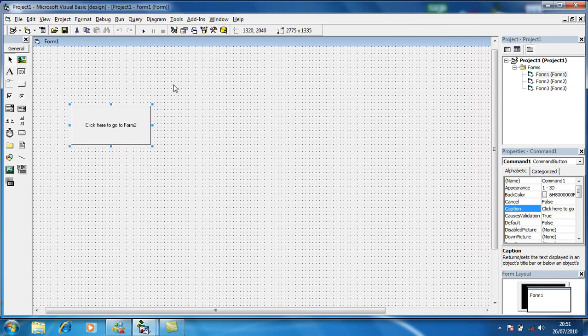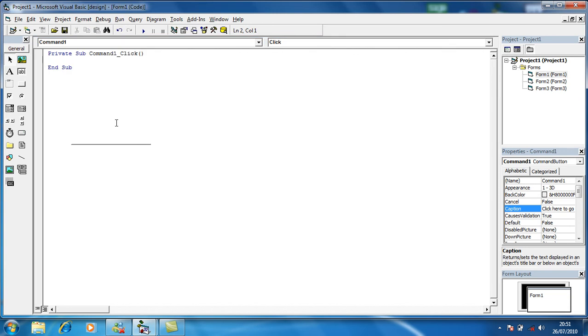So the idea behind this program is that when we click on Form 2, it will take us to Form 2, and then when we click on this command button, it will take us back to Form 1. So then, the code that we need for this to happen is we double click on it, and then we type in Form 2, which is the destination of where we want our program to take us,